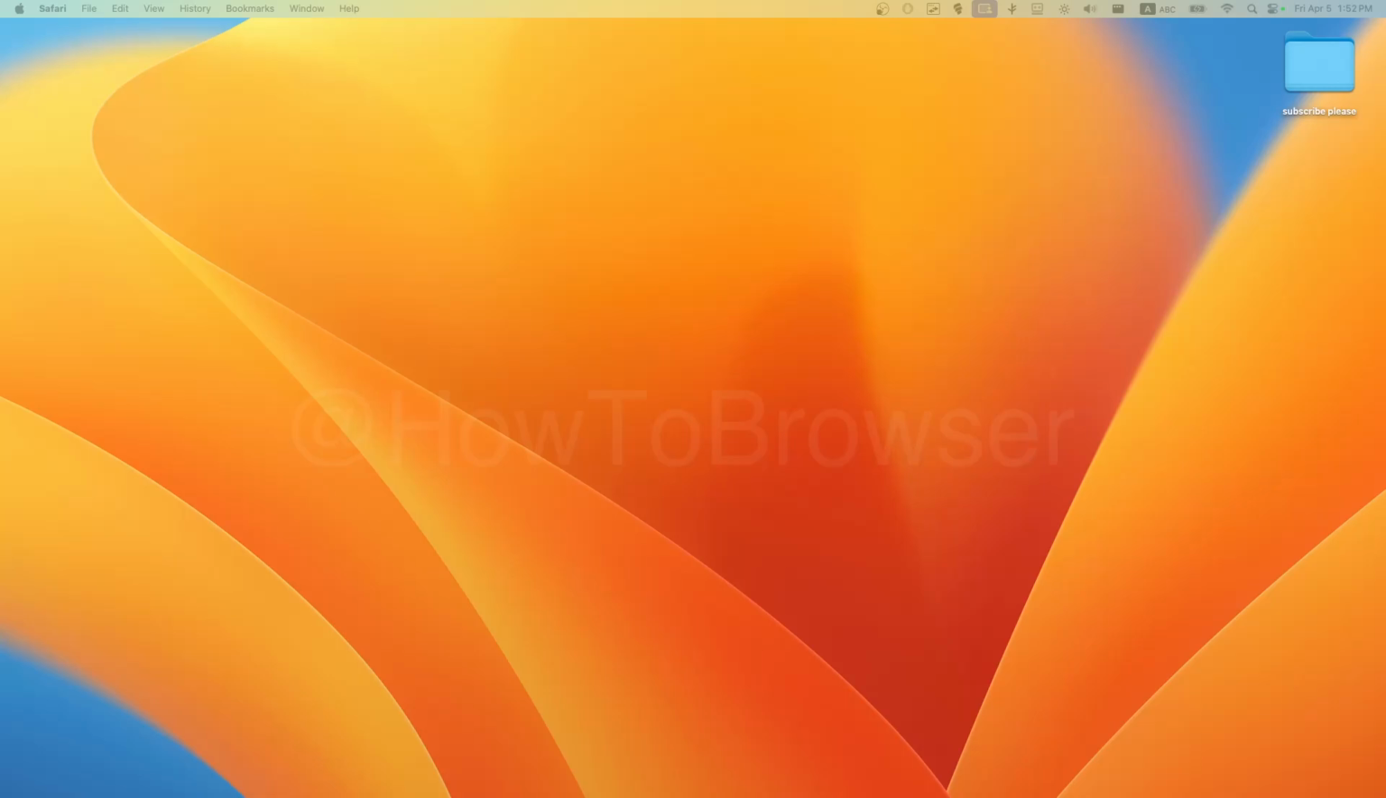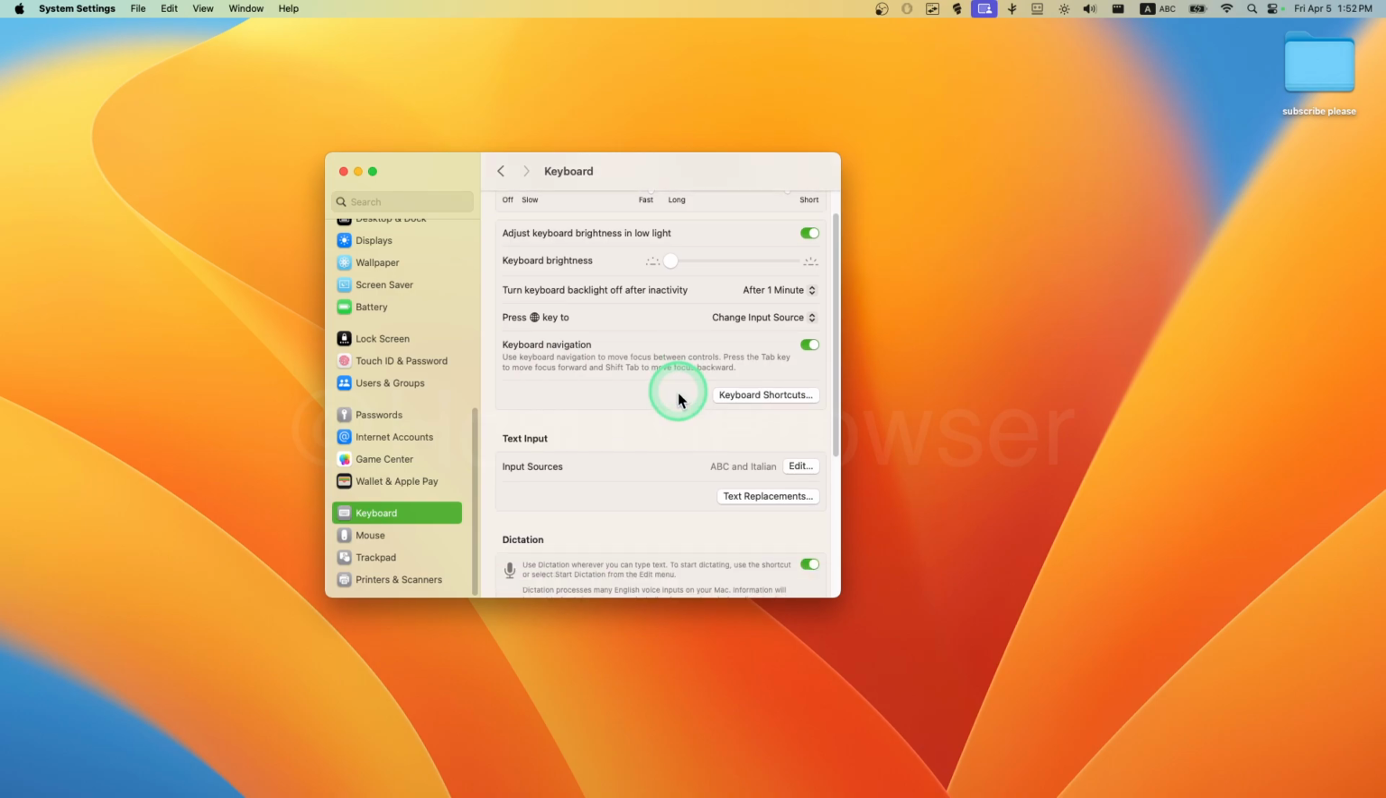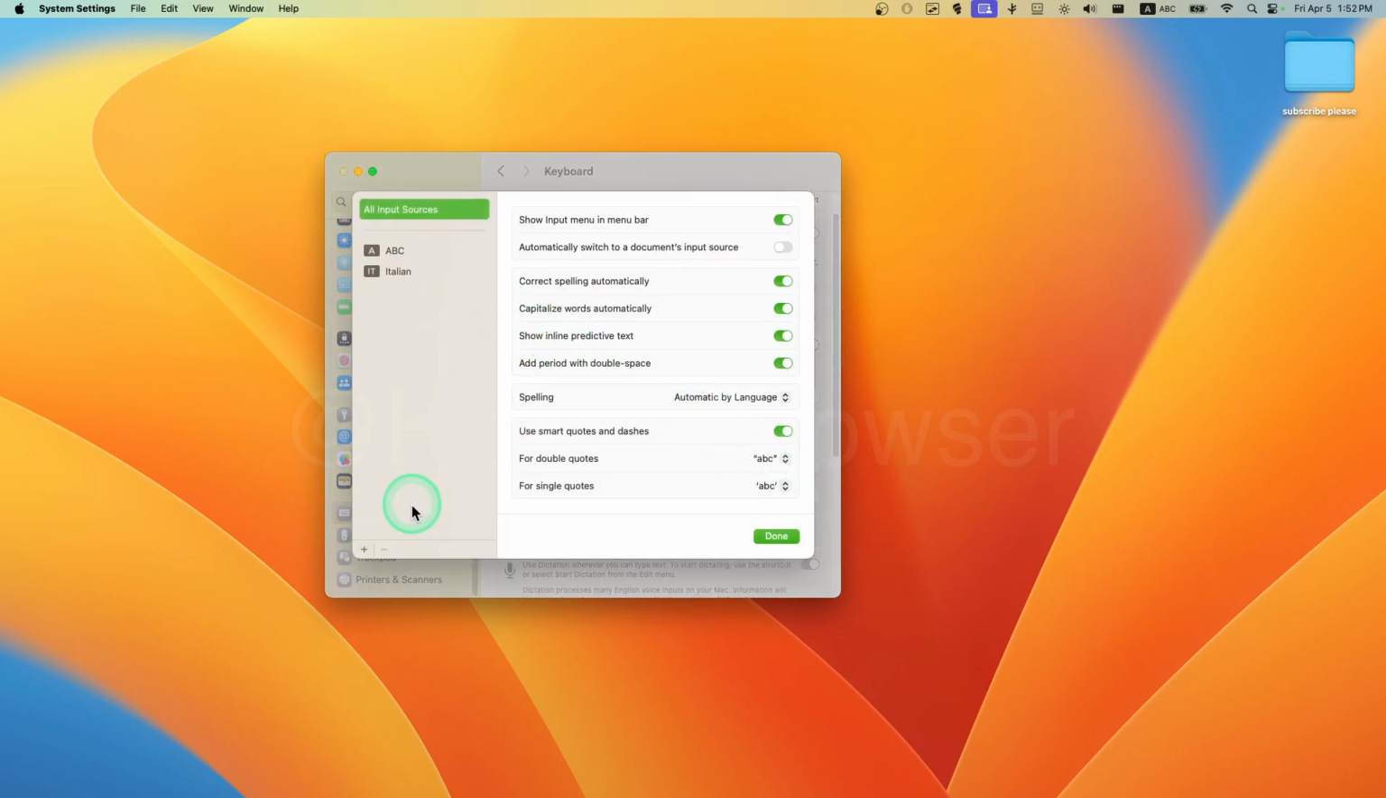In this tutorial, I'm going to show you how you can switch between your keyboard languages on your MacBook. So you're going to have to go to System Settings, and here we're going to have to go to Keyboard, and here on the keyboard we have to click on Text Input, and here Input Sources, so click on Edit. And here we have to add